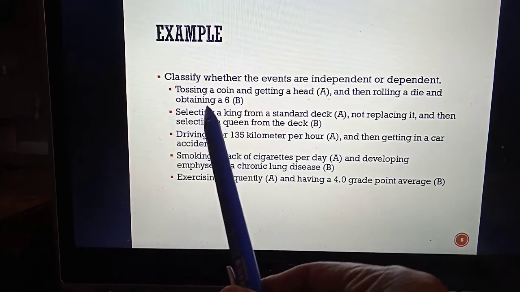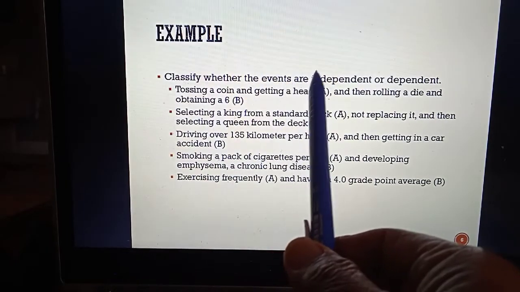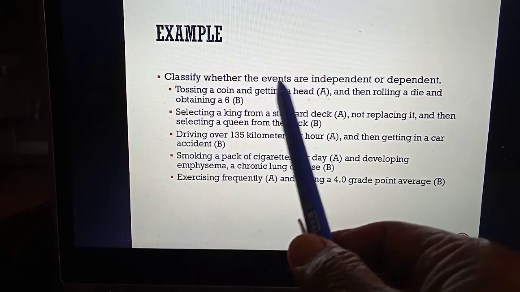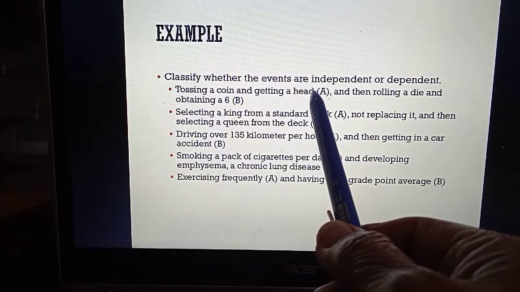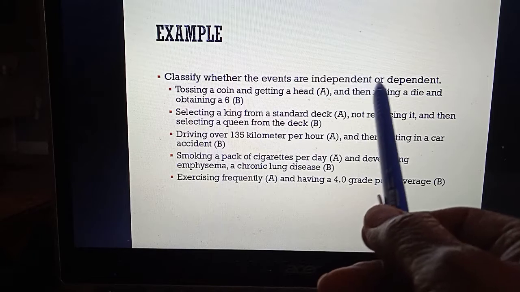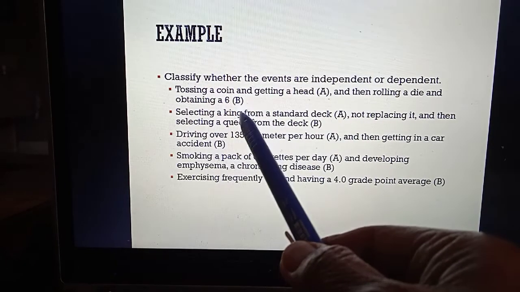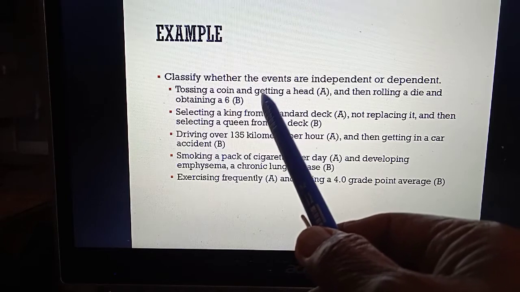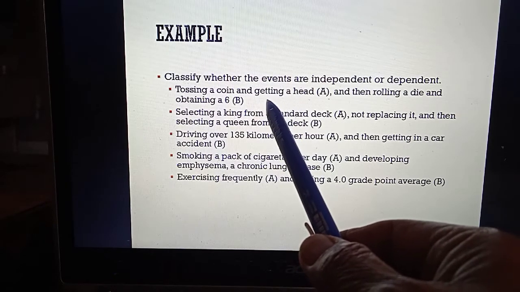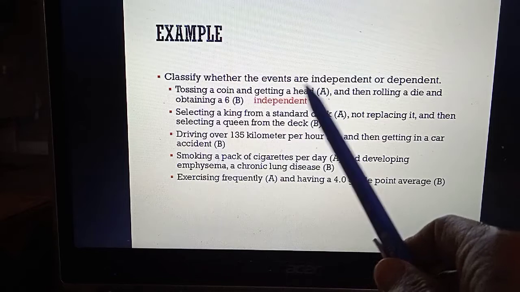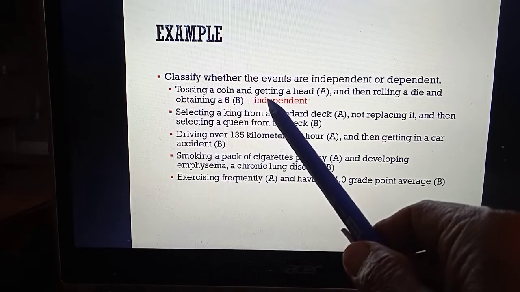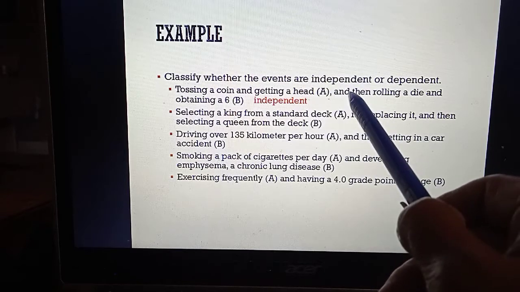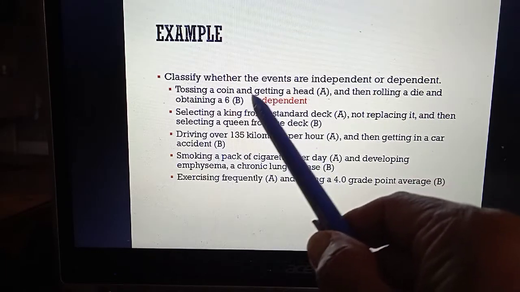Okay, example. Now classify whether the events are independent or dependent. First, tossing a coin and getting a head, event A, and then rolling a die and obtaining number 6, event B. So are these events independent or dependent? The answer is independent, because tossing a coin and getting a head